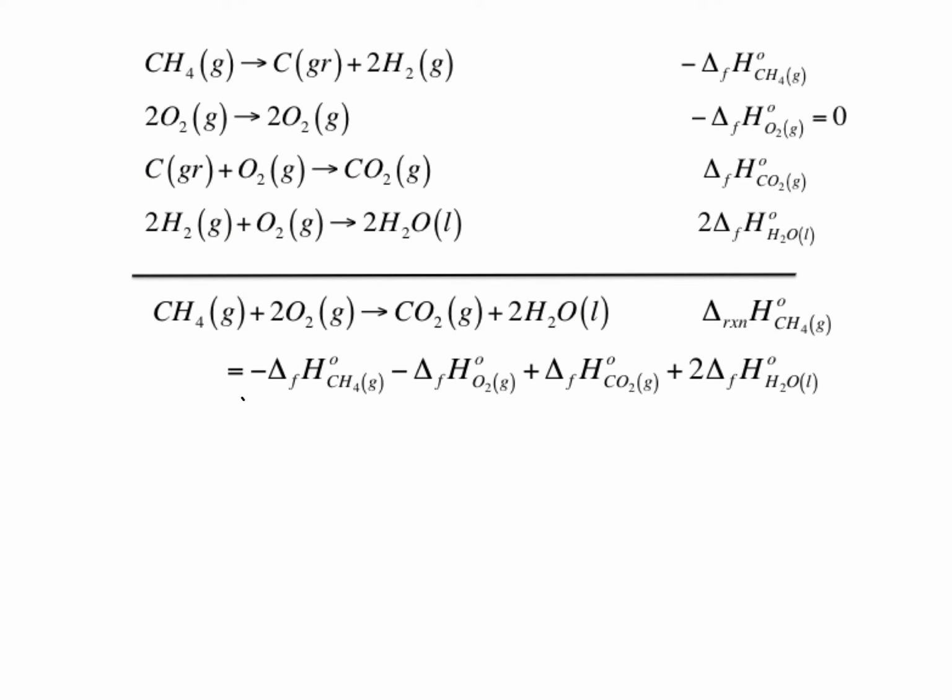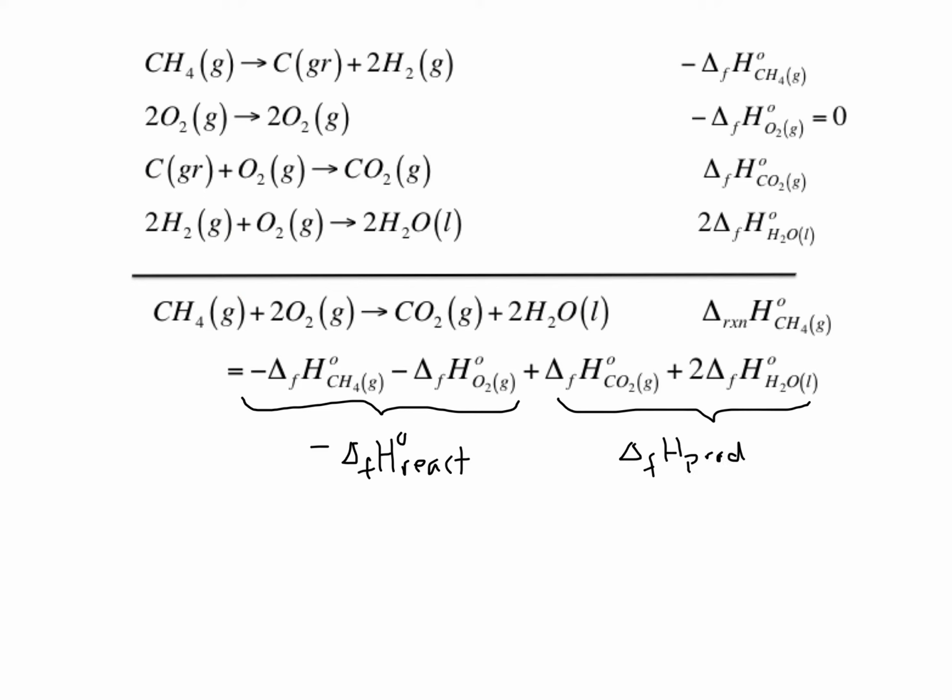Notice that the reaction delta H is made up of the opposite of the delta H's of formation for the reactants and the positive of the delta H of formation for the products. In addition, we must take into account the stoichiometric coefficient in front of each of the reactants or products when